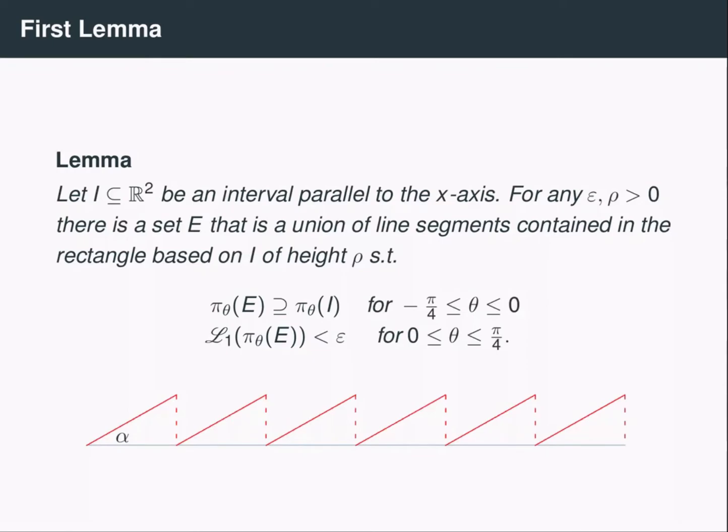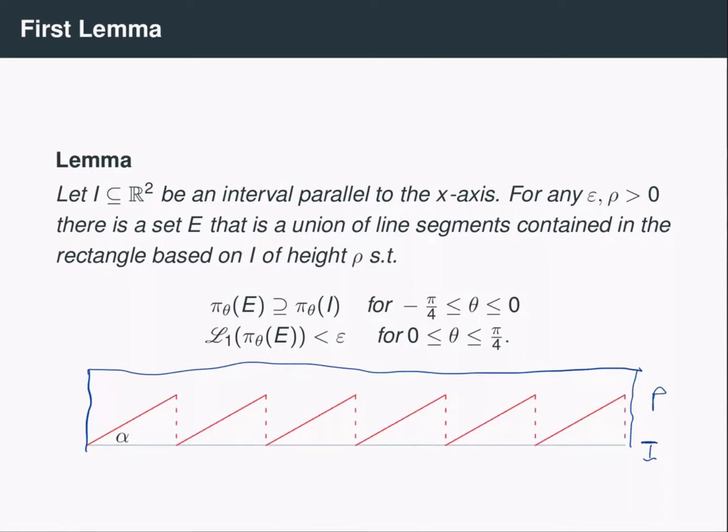So suppose I have an interval I in the plane. So in this figure, I is this bottom interval going across the slide. So it's an interval parallel to the x-axis. Then for any positive numbers epsilon and rho, we can find a set E that is a union of line segments contained in a rectangle based on I. So imagine that the rectangle is this shape of height rho,